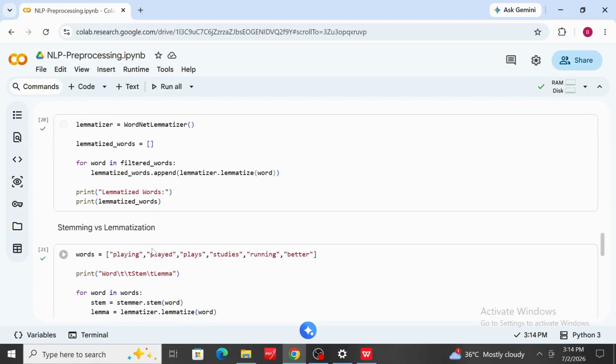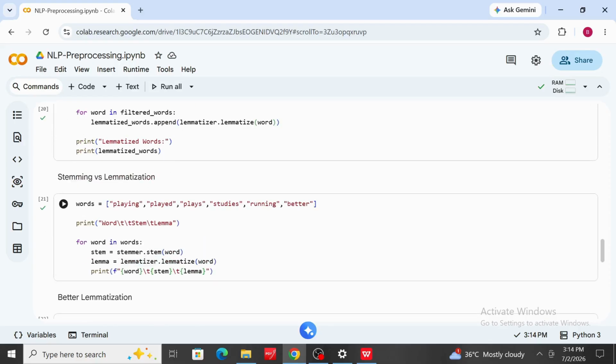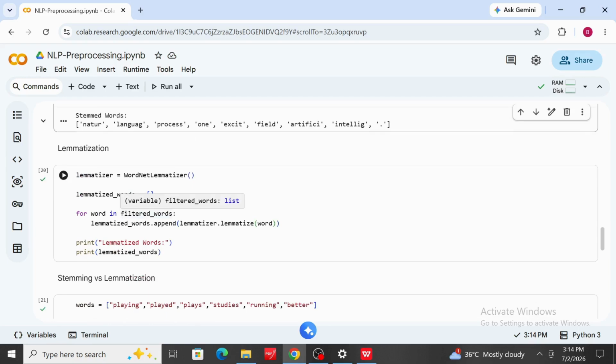We create an object of the WordNet lemmatizer class. Again we create an empty list for the lemmatized words. The for loop processes each word. The method lemmatize converts words to their dictionary or base form. So each lemma is added to the list. That is, each word is added to the empty list. So finally, we will print these results. Let's run the cell